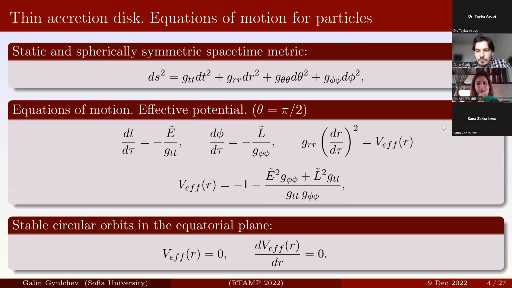So if we take into account this effective potential here, which is defined in the radial equation, and we want to obtain a circular orbit, the condition for the circular orbit, which should be r equal to constant, gives us the opportunity to see that the effective potential has to be zero and the first derivative of the potential has to be zero, because we want to obtain a closed circular orbit. So in order for this orbit to be stable,